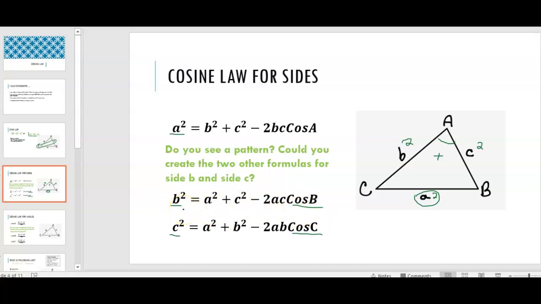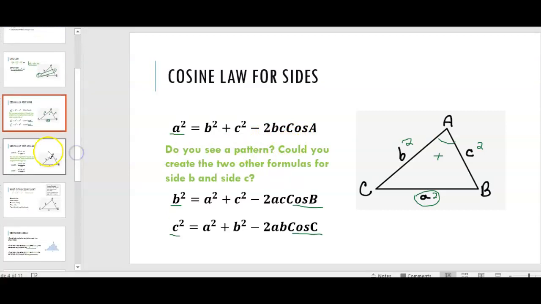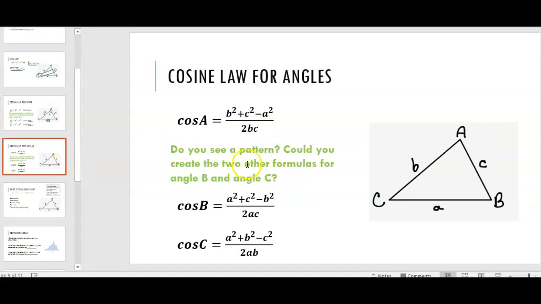opposite. Okay, spend some time here to understand this formula. I know you will have it in front of you as you solve your problems, solve the triangles, but it's important to understand the pattern in the formula because it will be that much easier for you to solve it. All right, let's continue on the next formula